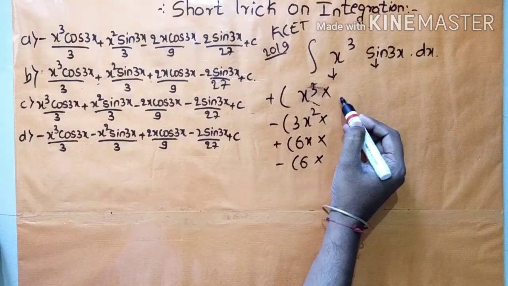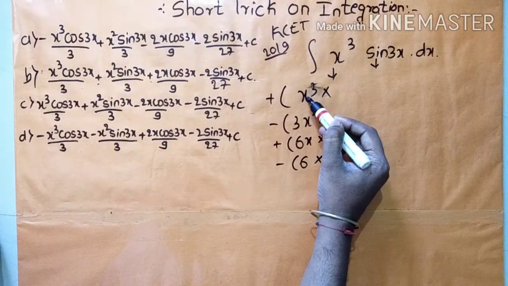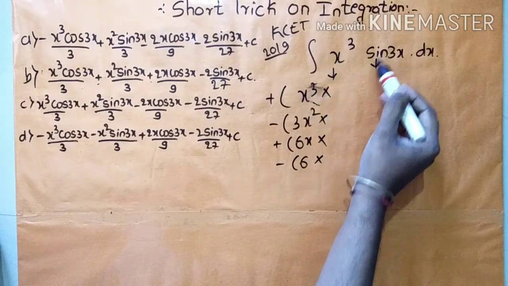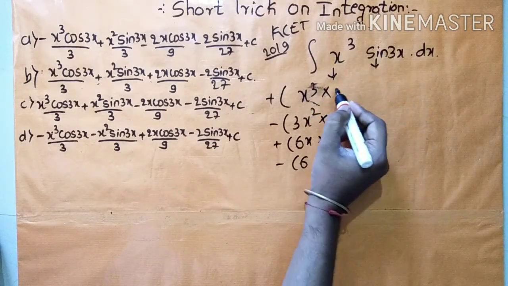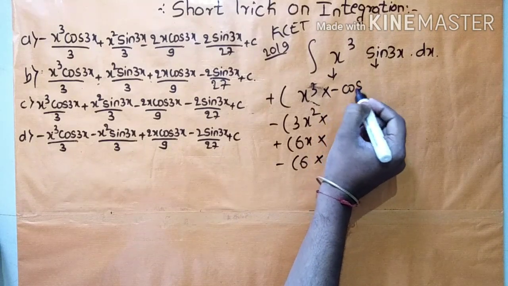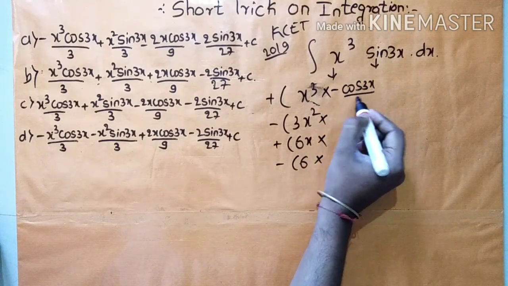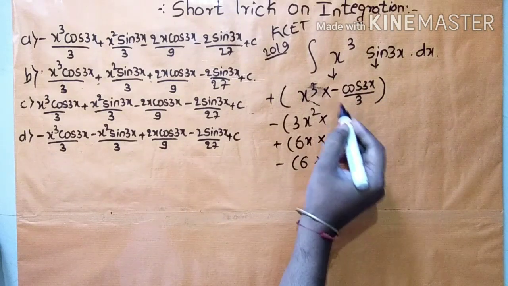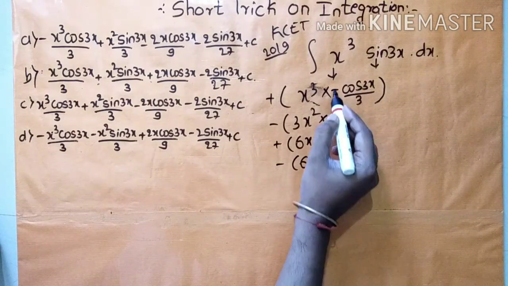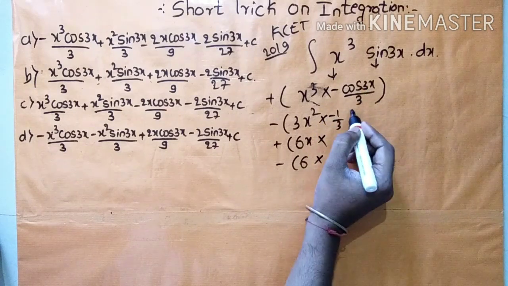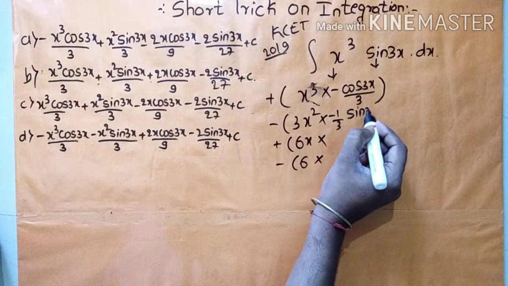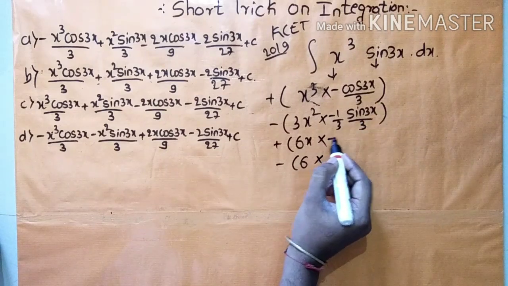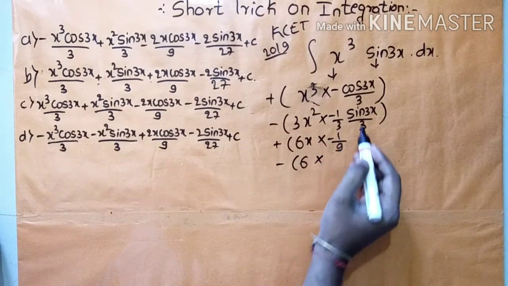then multiply, then integrate this one, then write. Don't write this one as it is. Here you write this function as it is. Here integrate this one. This one we have to differentiate. This one we have to integrate. Integration of sin 3x means that is minus cos 3x divided by, it is not x, so we have to differentiate, divide, you will get 3. Then minus 1 by 3, here minus 1 by 3. Then cos 3x integration is sin 3x divided by 3. So here 3 into 3 is 9, minus 1 by 9, the constant is outside.